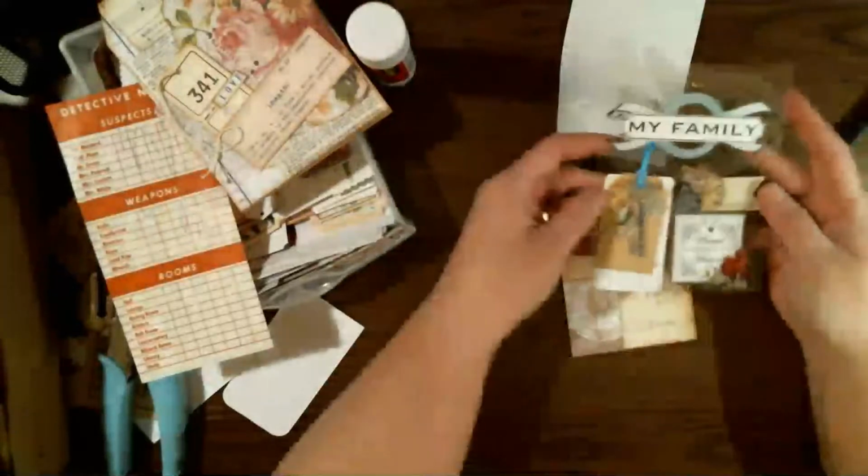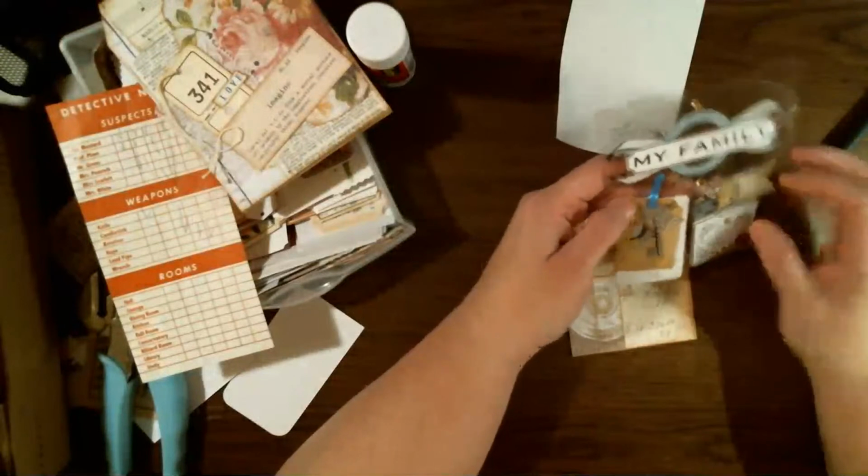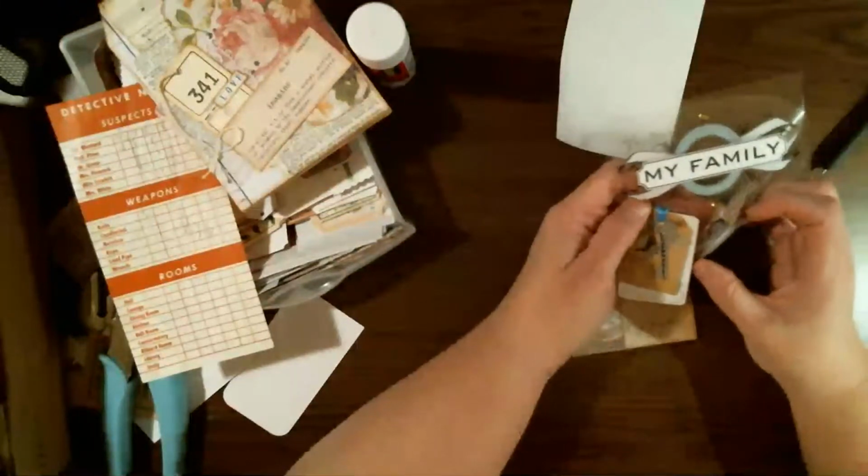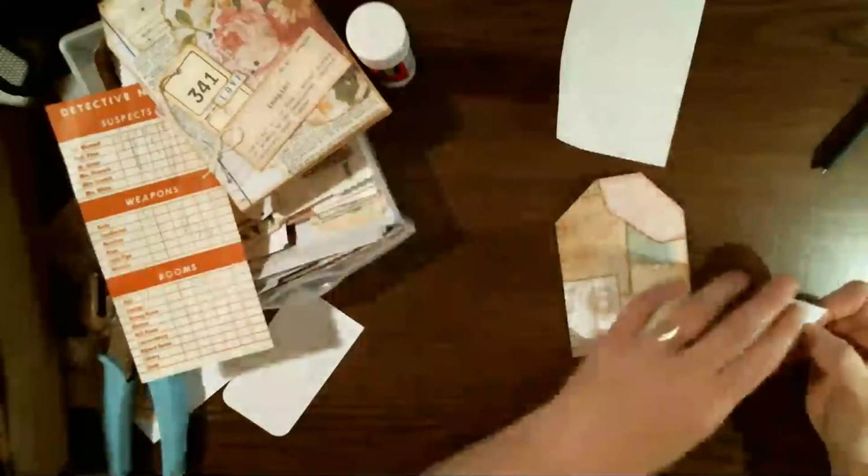I'm actually going to use a sticker, and that's something I very rarely ever use, is stickers. Somebody sent me these from